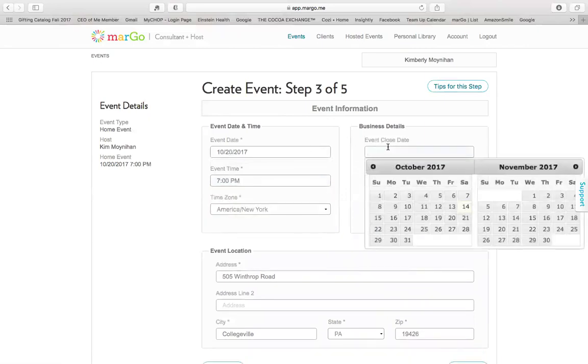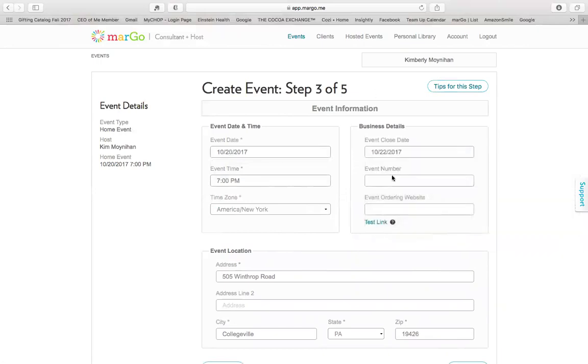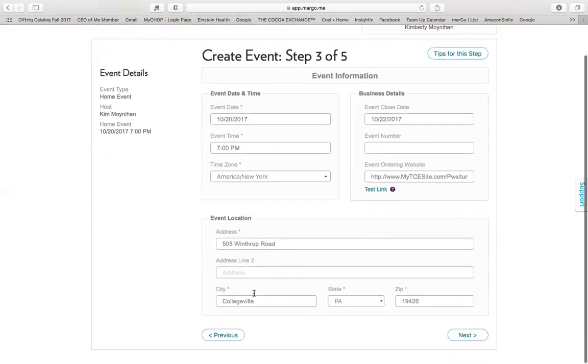All right, the event close date, I like to close my parties within 2 days, so I'll say the 22nd. Event number, you don't need to fill that in, that's fine, but remember that Share tab that we copied? This is where we're gonna put it, event ordering website, so paste it in there. And then check your address. Yes, this is where my event is going to be. And next,